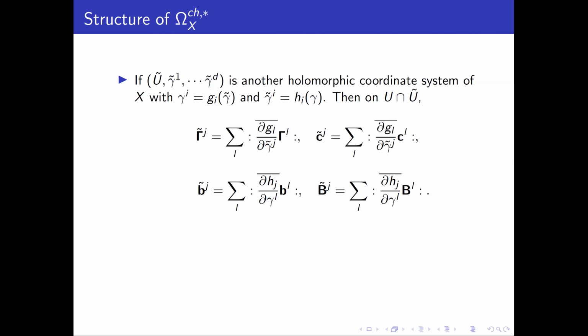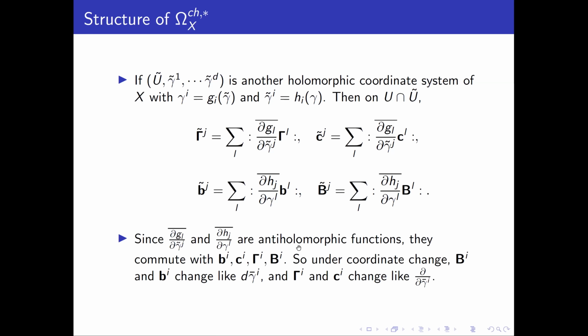Now, if U_theta and gamma_theta is another holomorphic coordinate system of X, then the change of coordinate formula will look like this. Here you can see that gamma and C change like differential forms, and B and beta change like vector fields. The good thing is that under change of coordinate, the transition functions are anti-holomorphic. Anti-holomorphic functions commute with the action